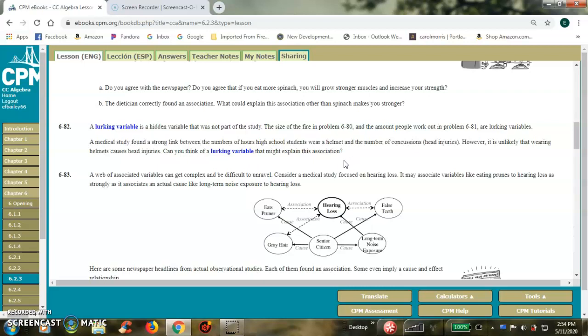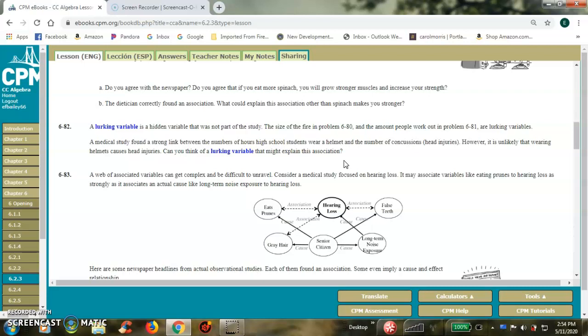And again, you'll see on the Google Doc, I want you to jot some ideas down there about the lurking variables, but I'm thinking about things like contact sports. That's why people would wear a helmet, because they're playing contact sports, and then they're apt to get injured more. Maybe biking, motorcycle helmets. They didn't really say what types of helmets, and there are high school students who do drive motorcycles, so maybe it's that. There are a lot of lurking variables that could be possible here.